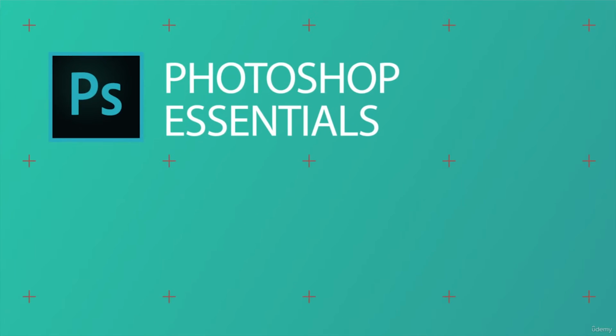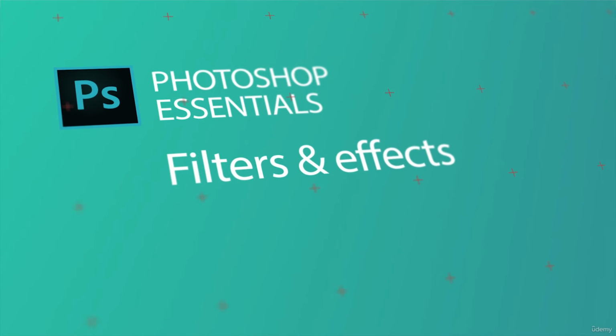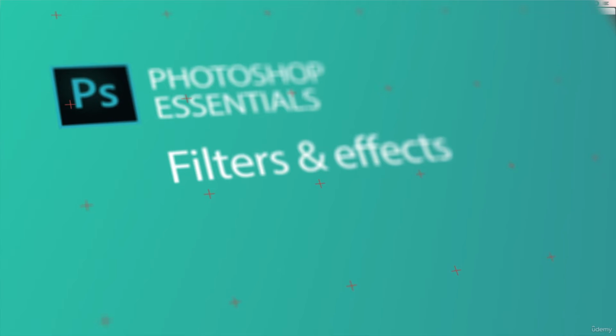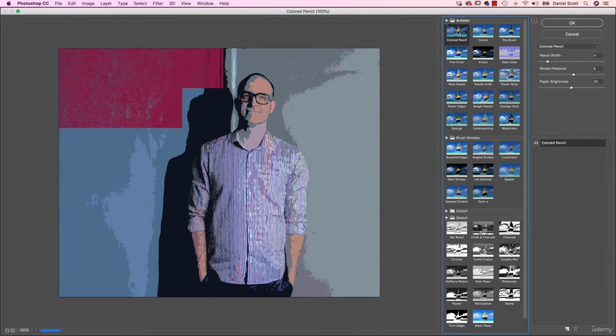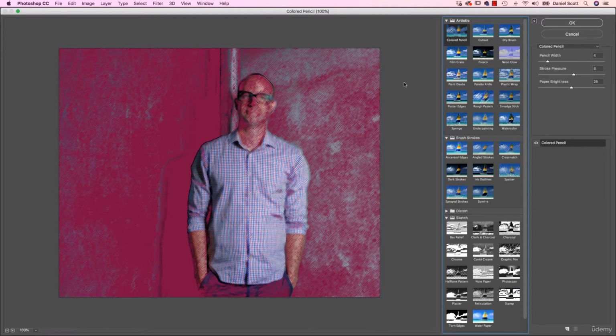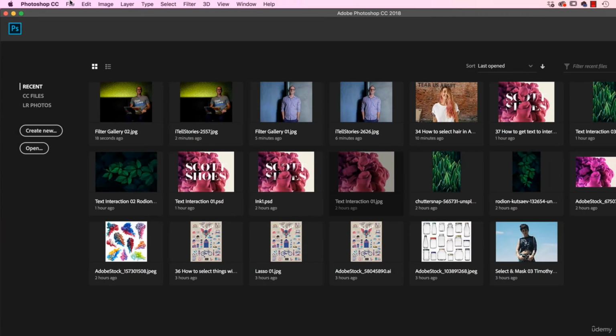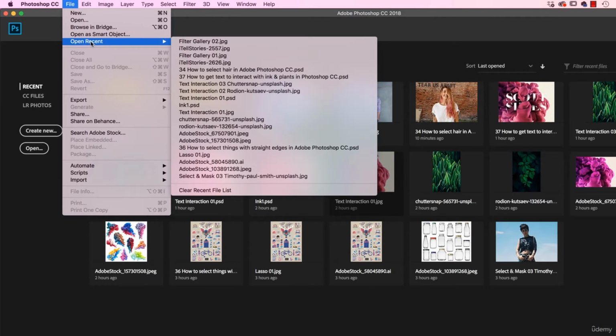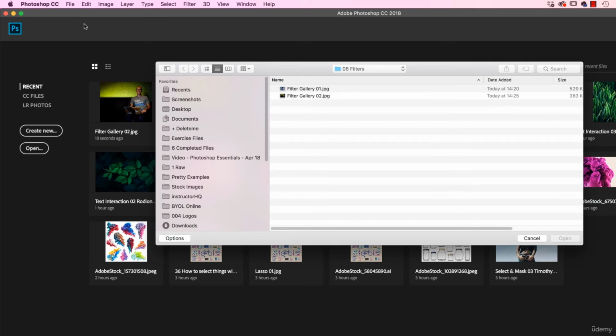Hi there, in this video we're going to introduce the filters in Photoshop. More specifically, this thing here called the filter gallery and all of its magic inside. Let's get going. All right, let's get started by going to File, Open, and in your exercise